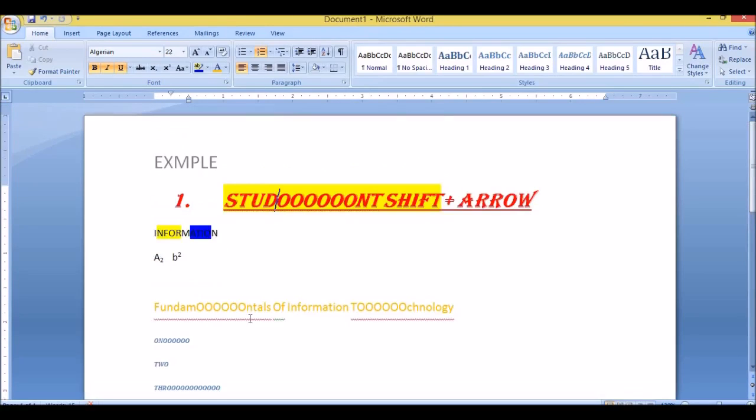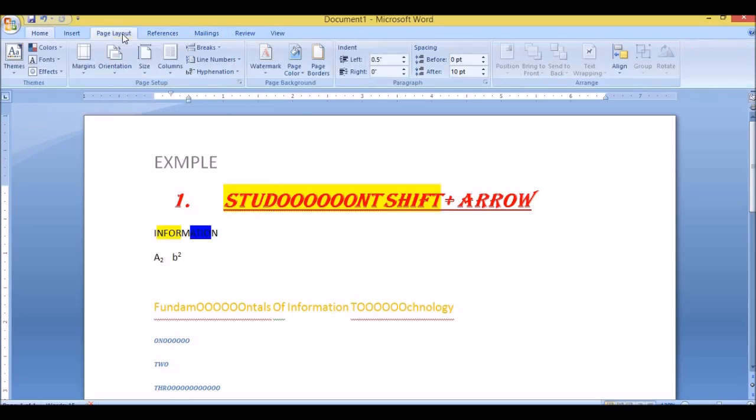Okay, girls, just open your system, open MS Word and explore. Don't say that you don't have a system. Install MS Word on your mobile and explore these options and ask me doubts, girls. That's all with your MS Word. There are major things you have to know in MS Word, one is page layout.